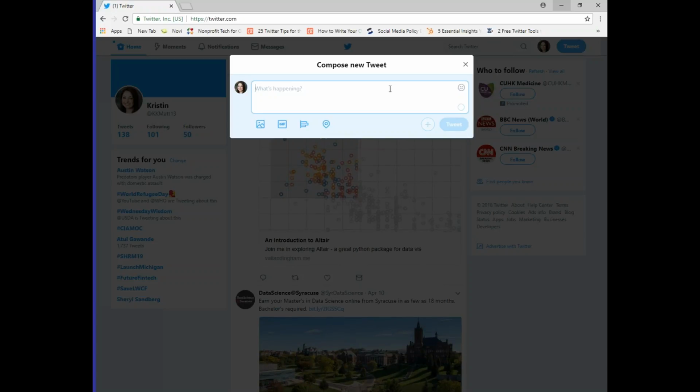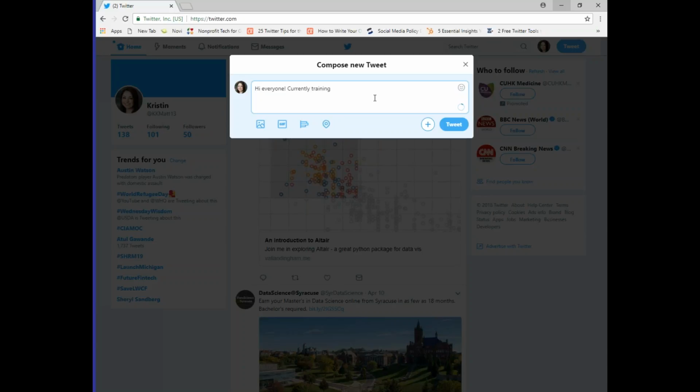So let's go ahead and I'll show you how to compose a tweet, and I want to show you, pay attention down here to this little wheel, because this is counting our characters. And Twitter just recently allowed everyone the opportunity. They increased their character count limit from 140 to 280 characters. So now you have a lot more space to type out what you want to say. So, hi everyone,